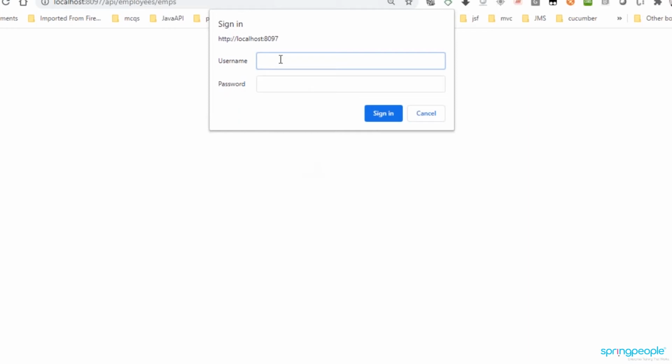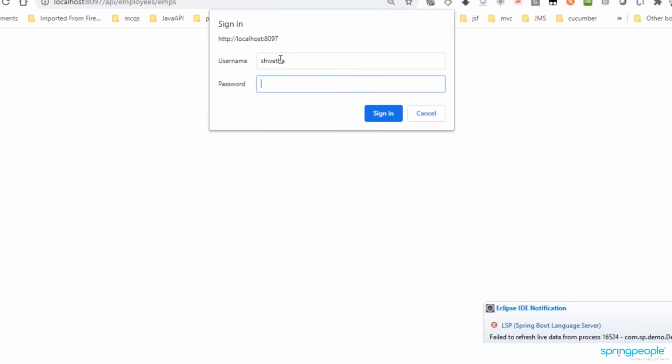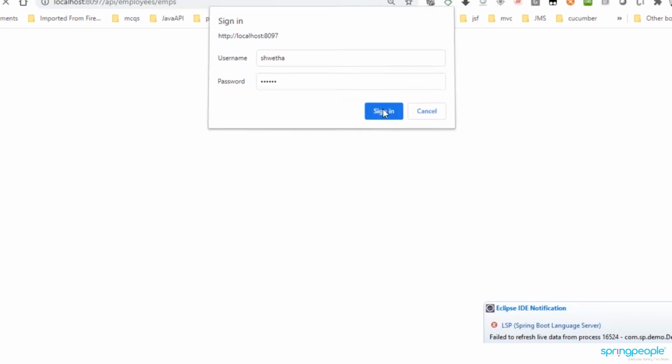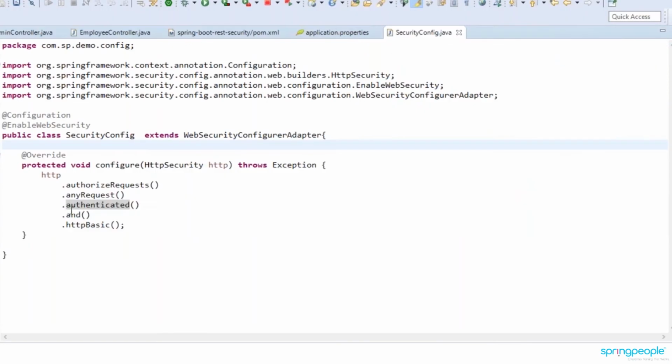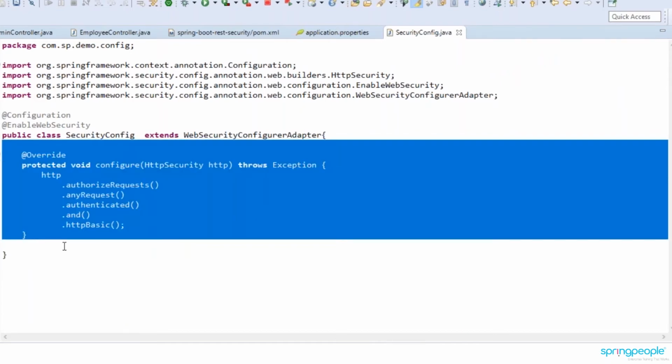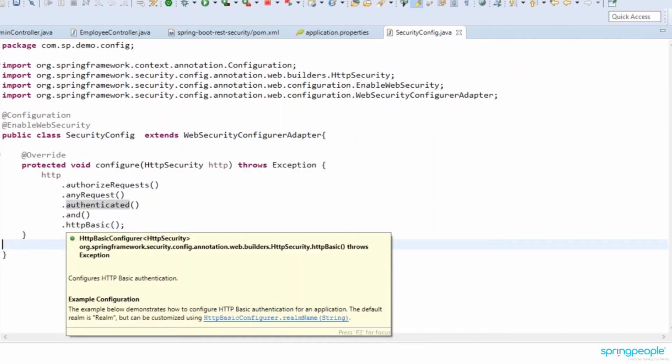So I'm customizing, like I have given it here in my configure HTTP security. Here I have to enter the username and password. I've configured username Shweta and password 123456. Like this, we configured our application. First, the default Spring Security web page was coming, but we customized it to our own security page. That is, we don't want the basic security, so we have configured it here.